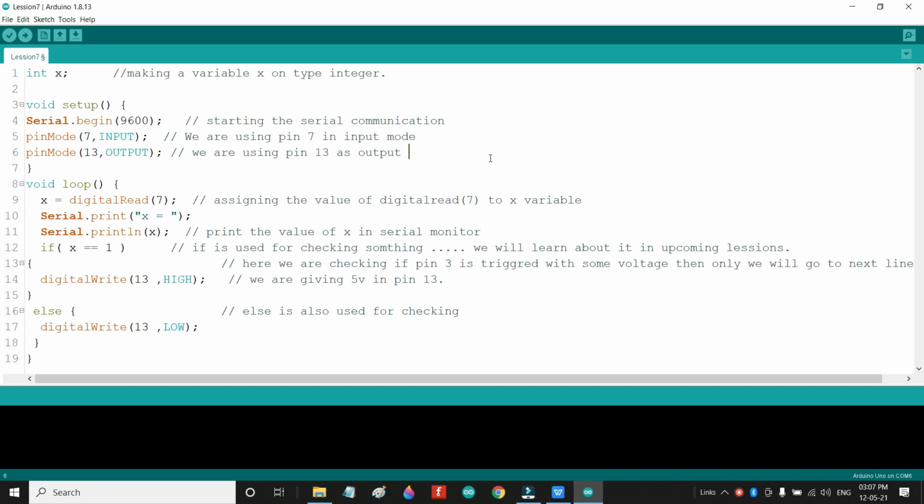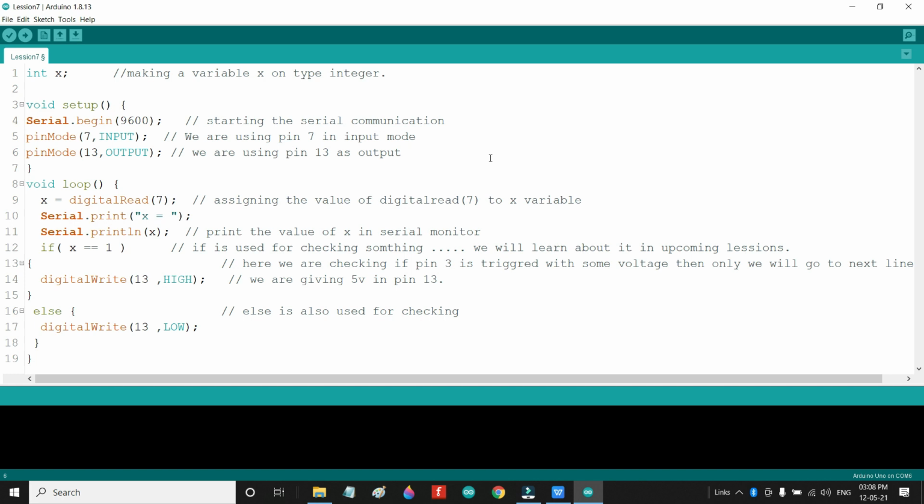Now in void loop we are assigning digitalRead(7) to x, meaning the value coming from pin 7 will be stored in the x variable. And now we are printing "x is equal to" with double inverted commas and we are using print, meaning "x is equal to" will be printed as it is, and the next statement will be printed here in the same line because we are using the print statement and not println.